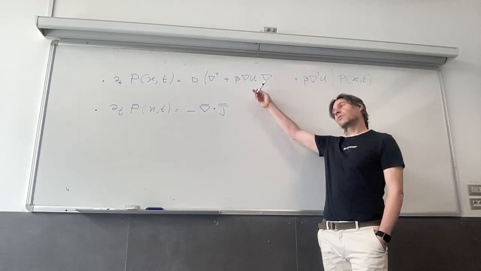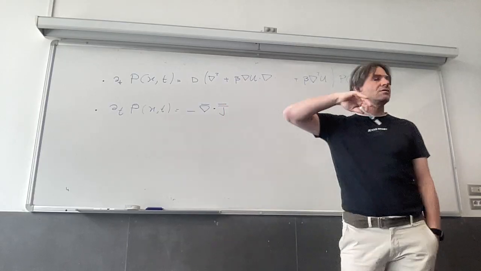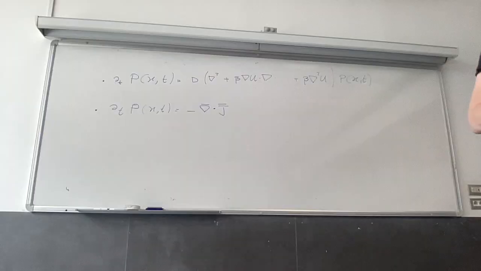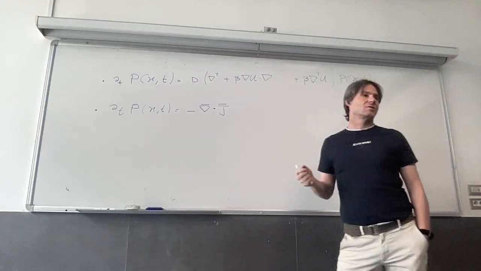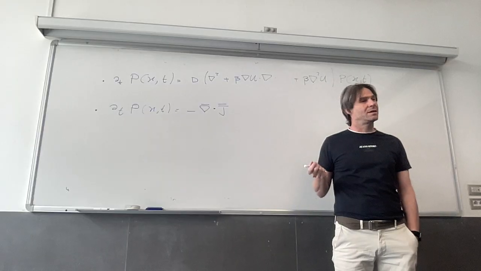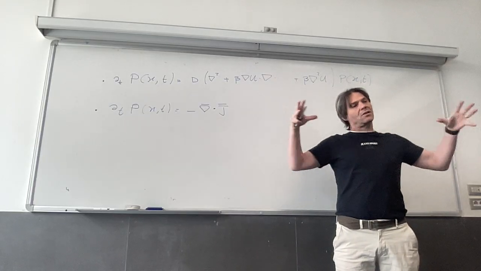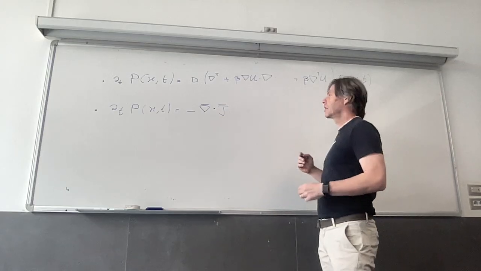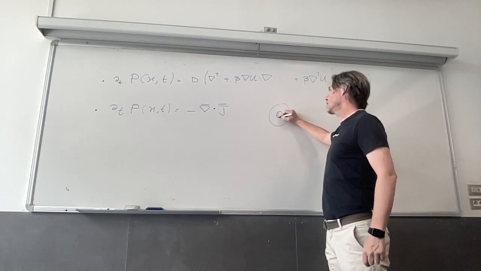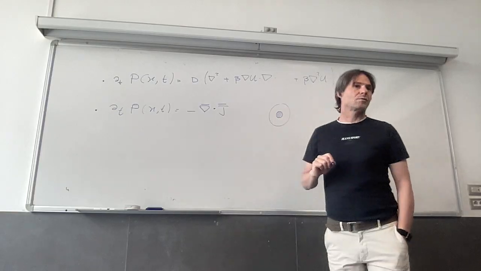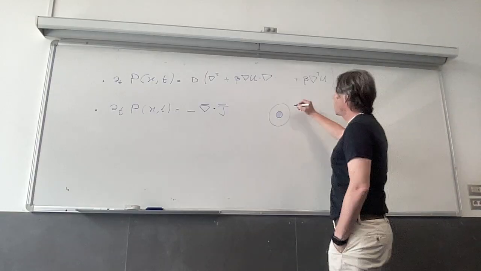And this is reflected by the fact that the same equation can be written as a continuity equation. And therefore, by Gauss' law, or by the divergence theorem, the flux of the probability outside any surface surrounding the initial condition, say a surface that surrounds a small region where the probability is initially condensed, and the flux forward